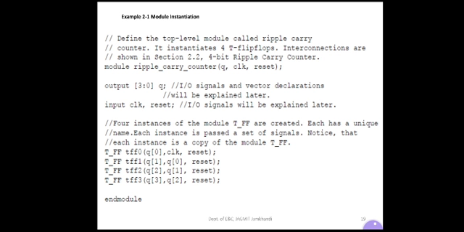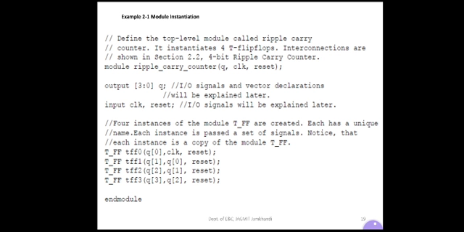Module is a keyword, MODULE, followed by ripple_carry_counter. This is the name of the module. In short, you can also write any other name. This is a module name, an identifier.